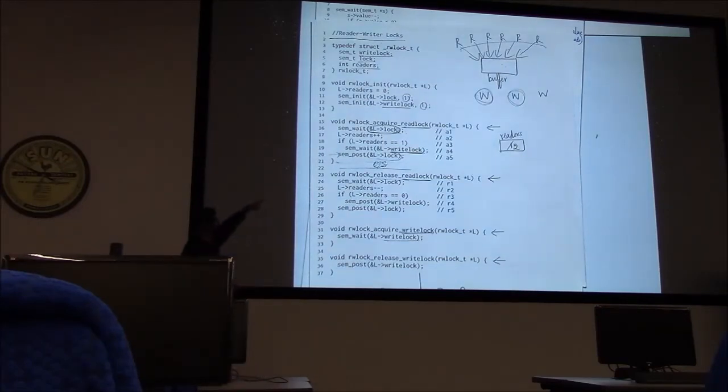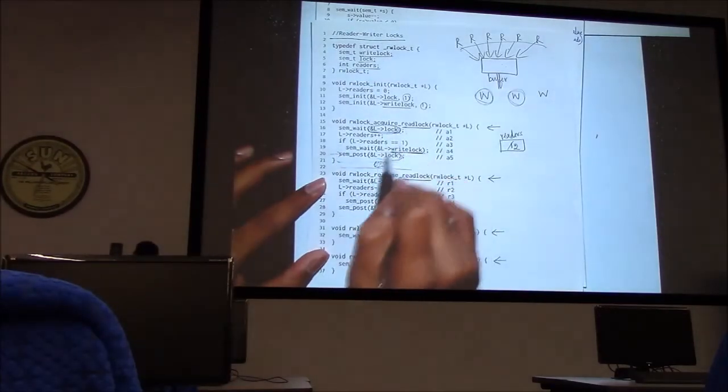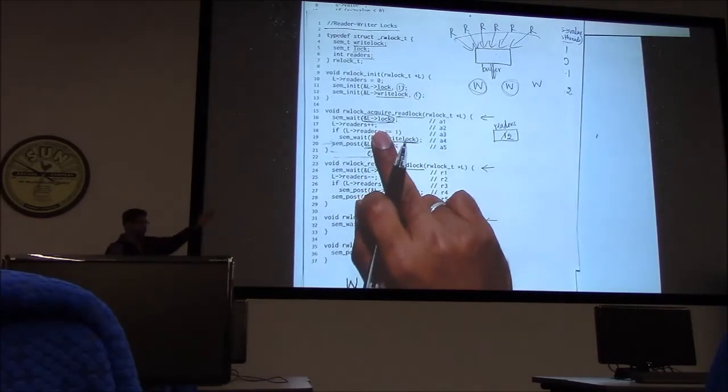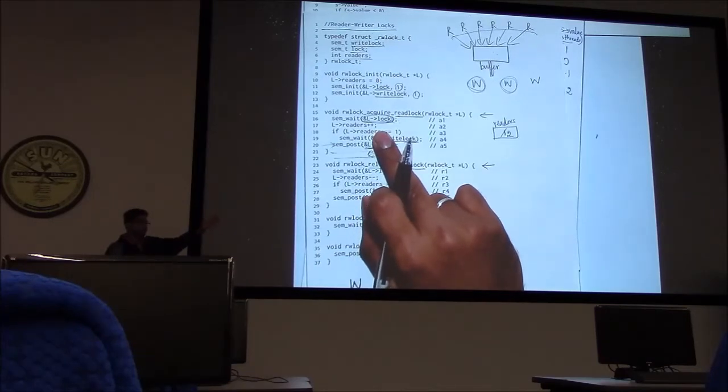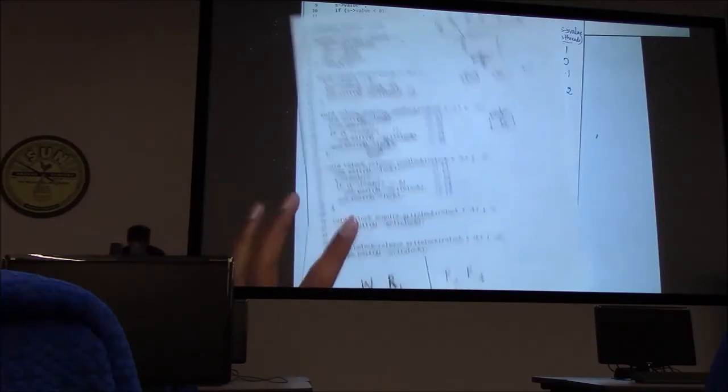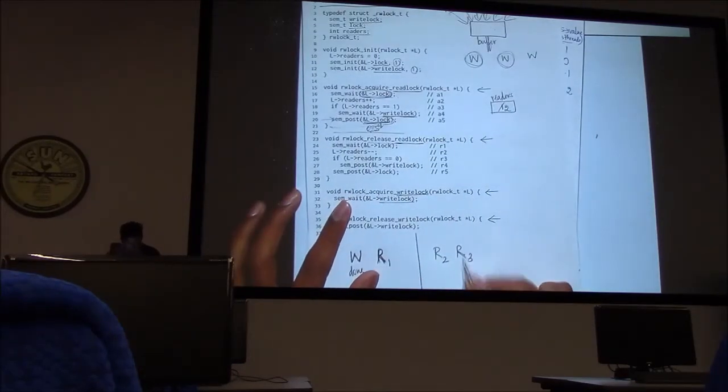So it does a sem post on the lock that we acquired at line 16 just for that particular piece of code. We just release this particular lock here, okay? We just release this lock, and immediately the second reader has also entered the critical section, and it is also able to read the same data simultaneously with reader 1, and the same thing happens with reader 3. When reader 3 comes in,